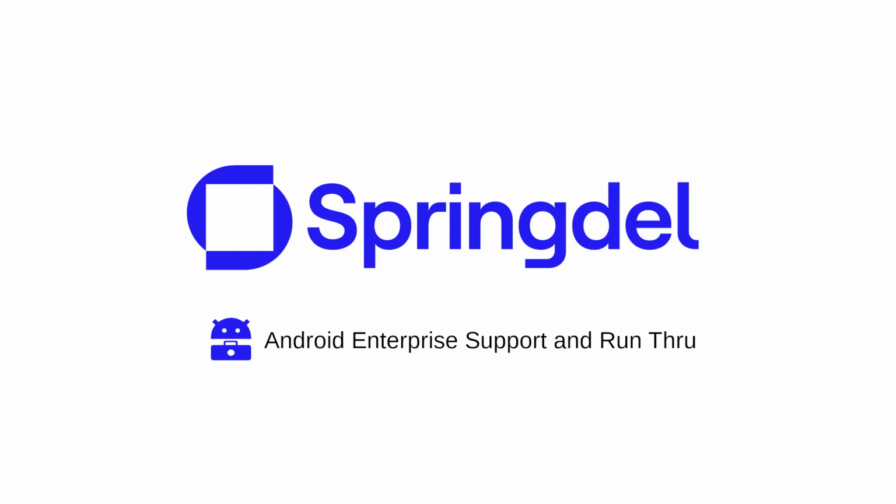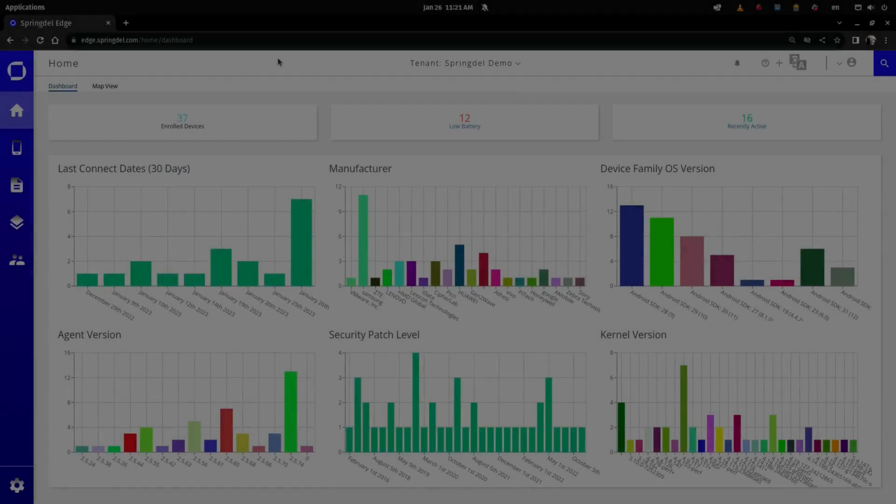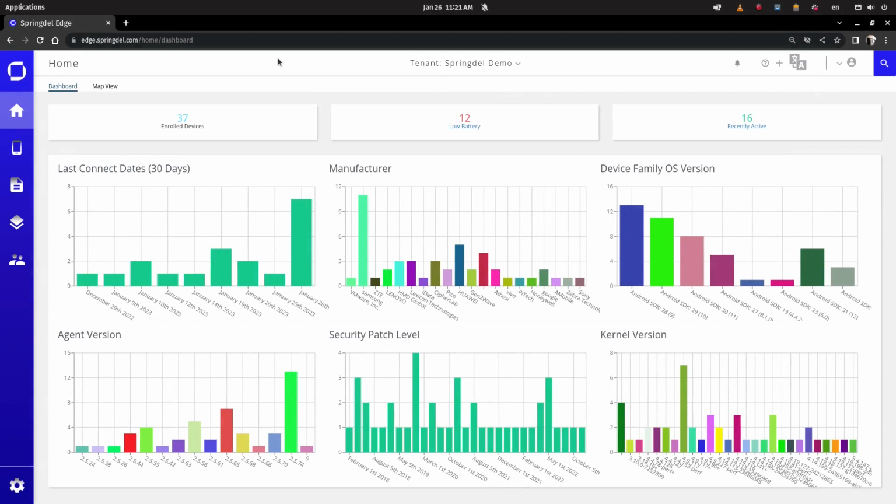Okay, today we're going to look at Springdel, Springmatic, the product, and its implementation and use of Android Enterprise to allow users to leverage the Google Play Store to manage their Android fleet of devices via the Google standards, and also deploy policies using the on-device Android native device policy controller. So when we go in, first log in, you have your UI showing all your different